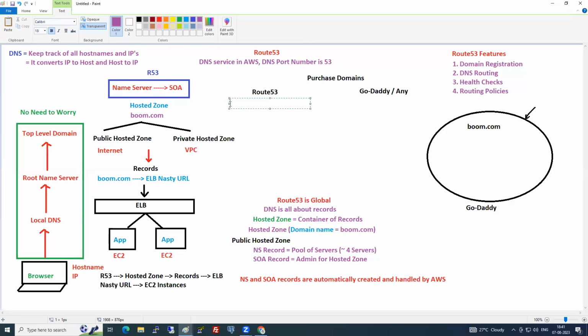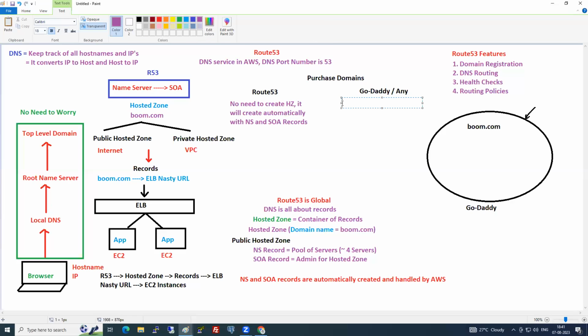No. If the hosted zone got created, what records will get created? NS and SOA records. So if you purchase in Route 53, there is no need to create a hosted zone; it will be created automatically with the NS and SOA records.